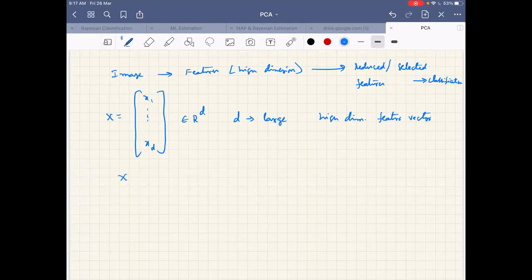Do I have only one sample with a feature vector of D cross 1? I should have several samples, each of dimension D cross 1 for performing the classification task.